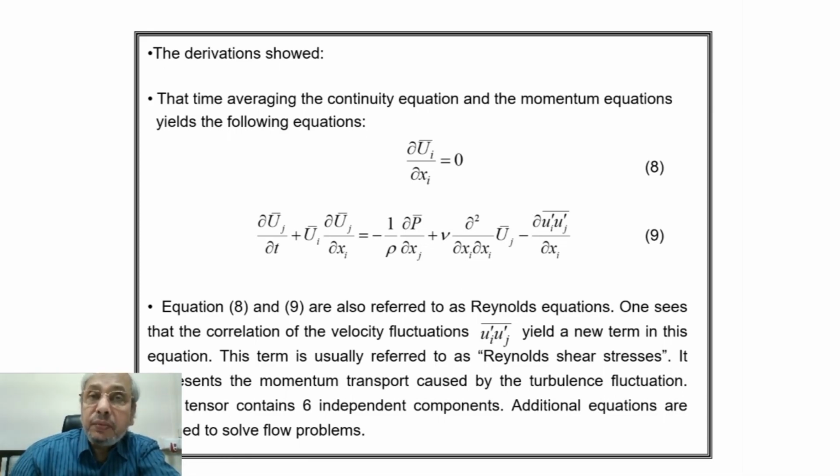It is a function of the interaction of fluctuating components. So depending on turbulent fluctuations in the field, whatever is the turbulent kinetic energy and their dissipation rate, this will be controlled, or the nu t will be determined. So in the next lecture we will discuss that aspect thoroughly.